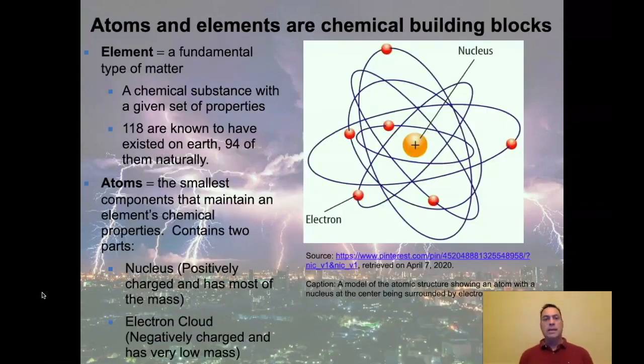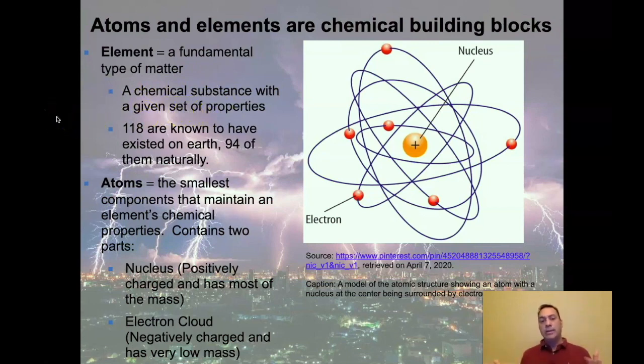So let's begin with what the fundamental elements of matter are. When we start with the word element, well, there it is. An element is a fundamental type of matter. It's a chemical substance with a given set of properties. It can